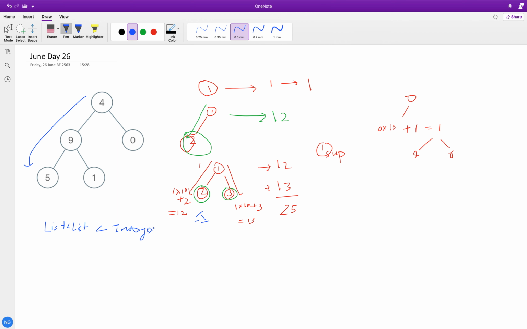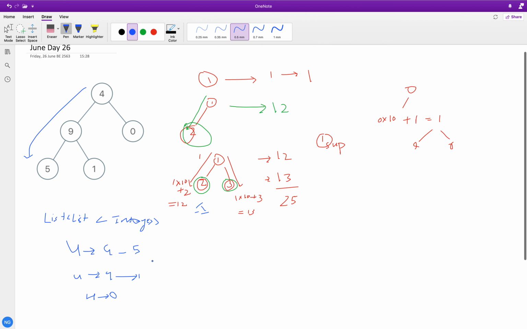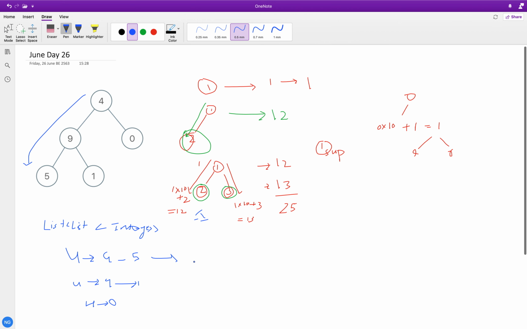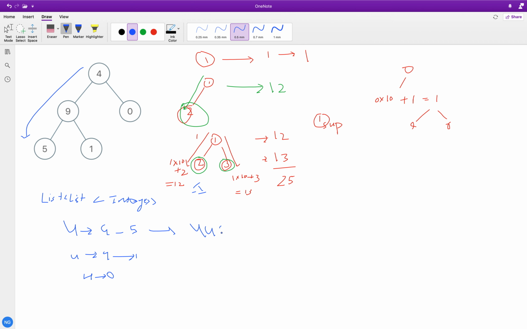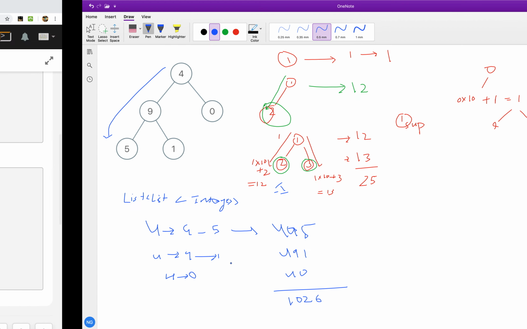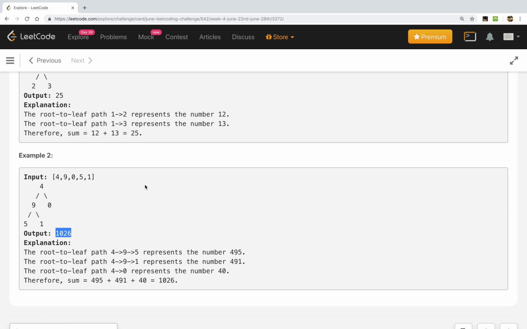Then form the numbers based on the condition in the problem. This gives us the paths for 495, 491 and 40. We form the numbers and sum them up, 495, 491 and 40, and it is 1026 as per example 2 in the problem.